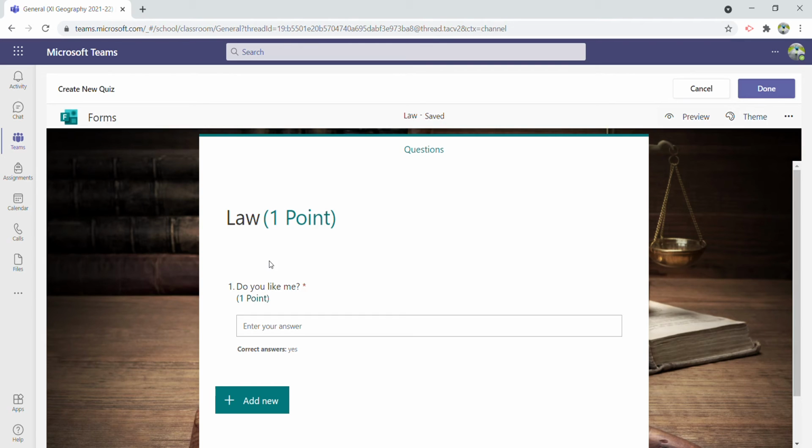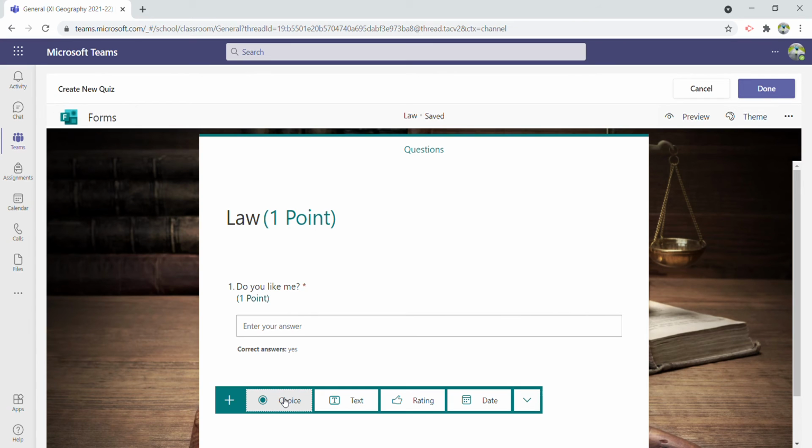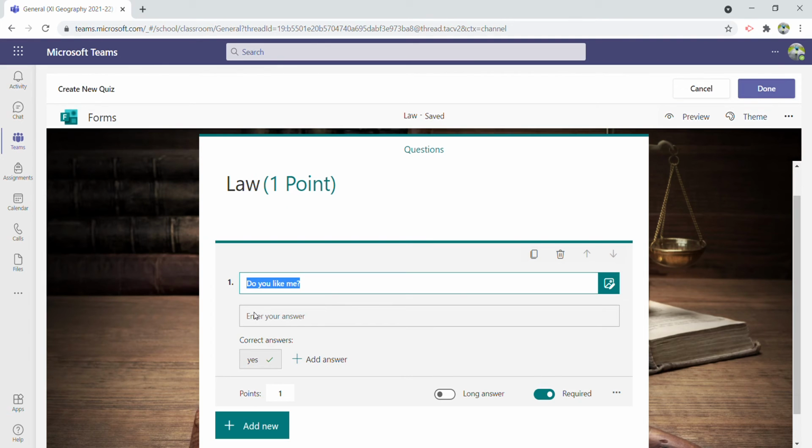Now I have to add second question. So if I think that, oh, this question was not good and it was not for 1 point, it is for 2 points, you can just go back to it, click it and edit it whatever you want to do. Tell me yes or no or something you want, and then you can change the points here again, add second answer also, second option also.